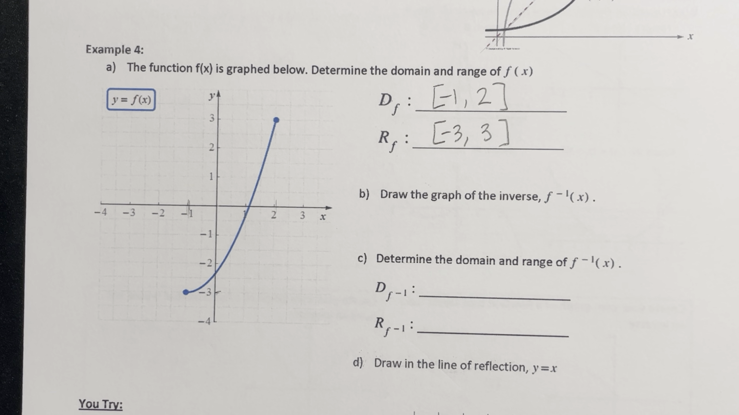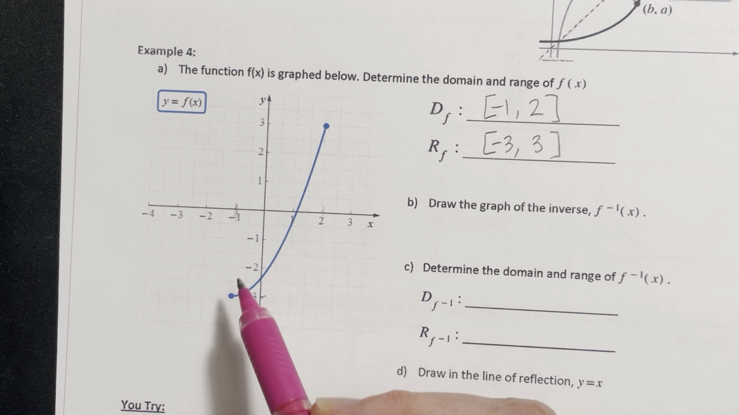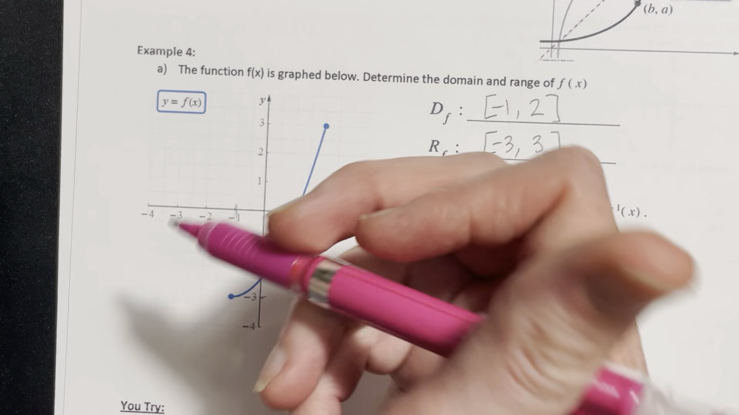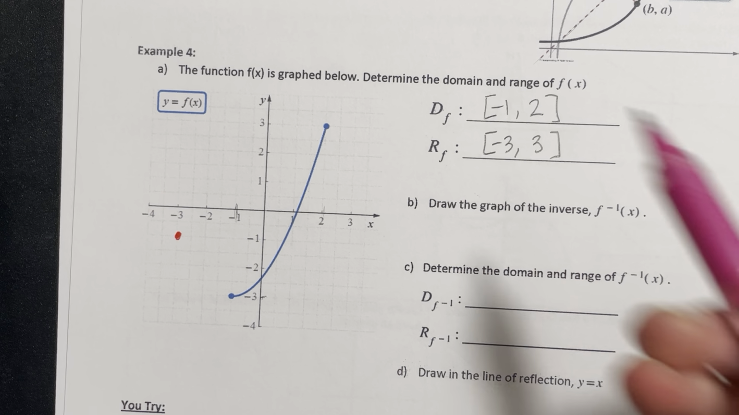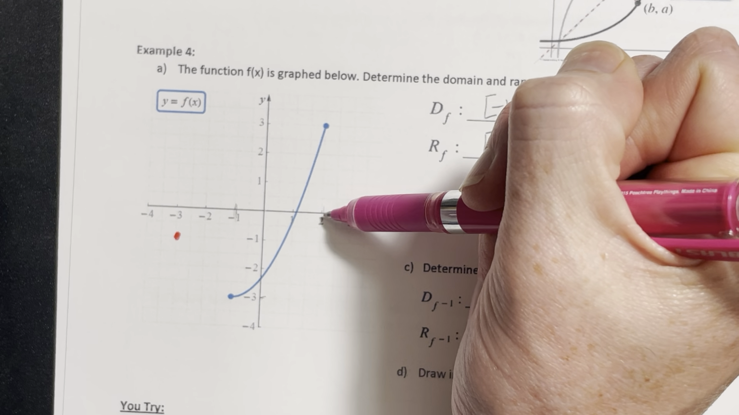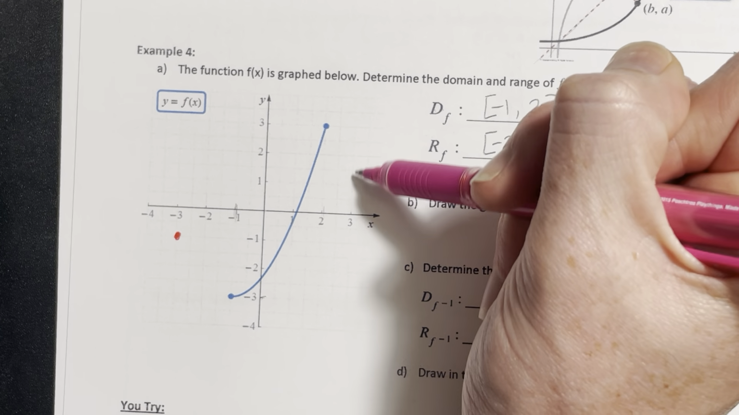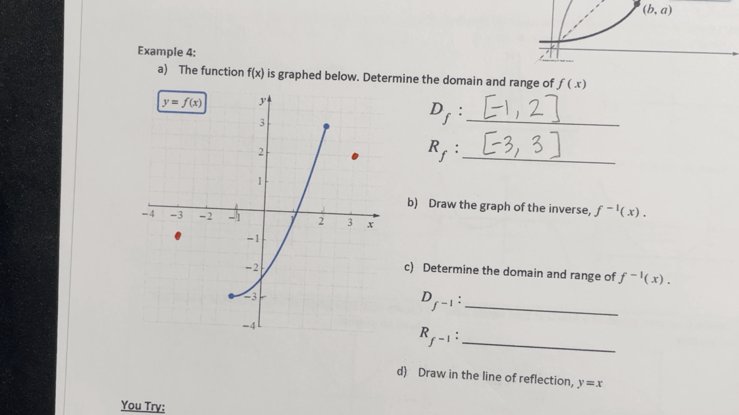So to do the inverse, we want to graph as many inverse points as we can. This graph has a point at (-1, -3). The inverse of that point would be (-3, -1). We have an endpoint of (2, 3). Its inverse would be (3, 2). But we want to graph more than just 2 points, and this might mean that we have to estimate some,